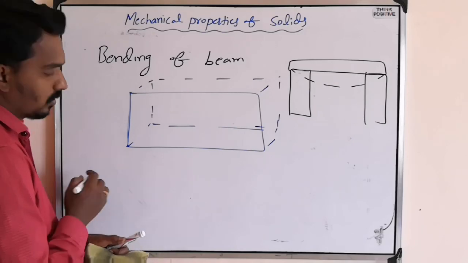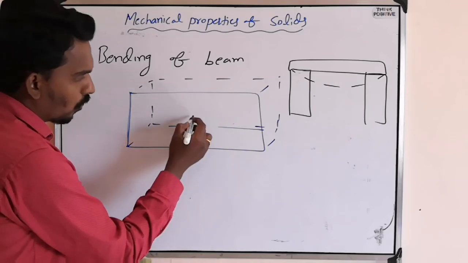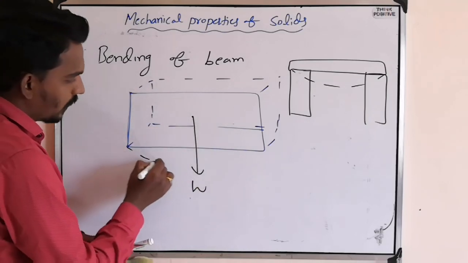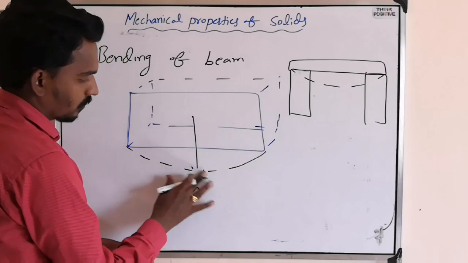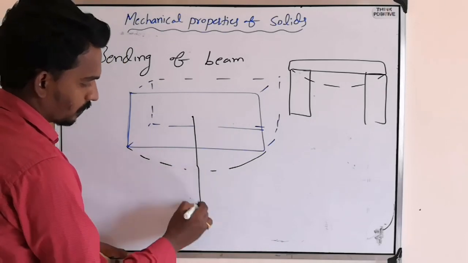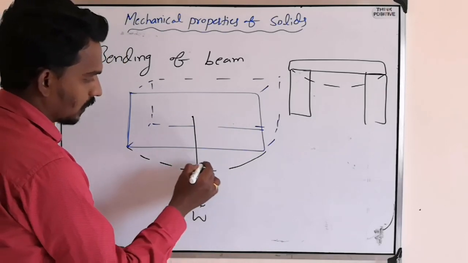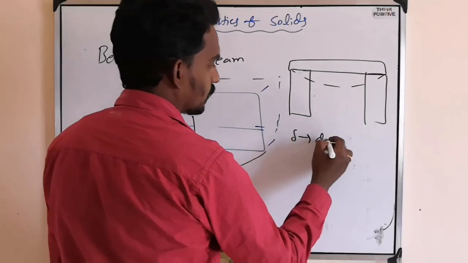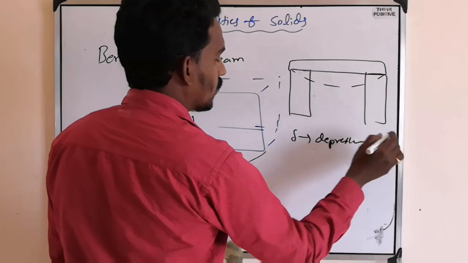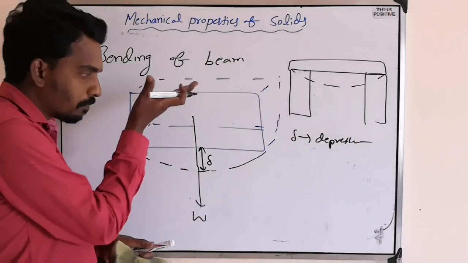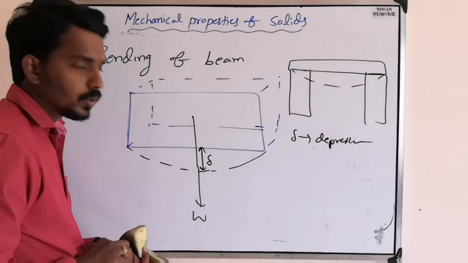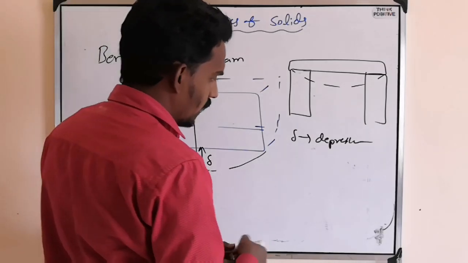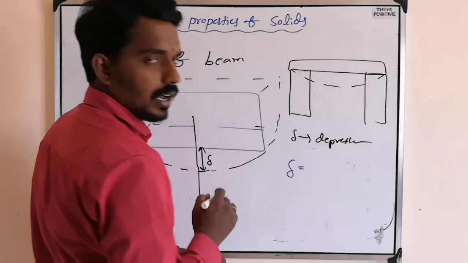Because of its own weight, it slightly comes down. This is called depression in the beam, that is bending of beam, due to its own weight, and the formula they have given is